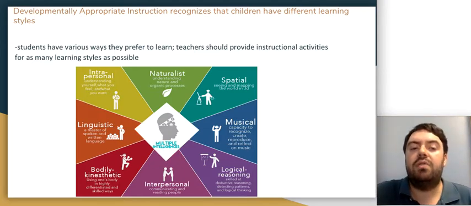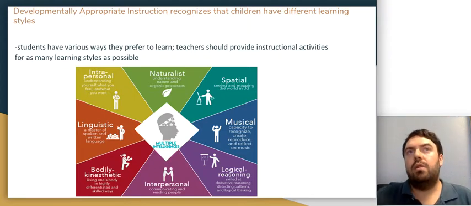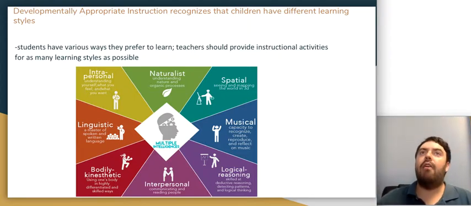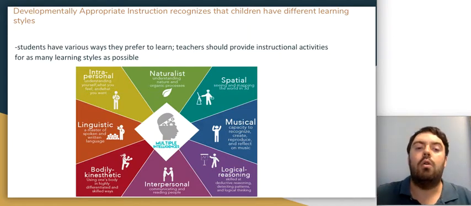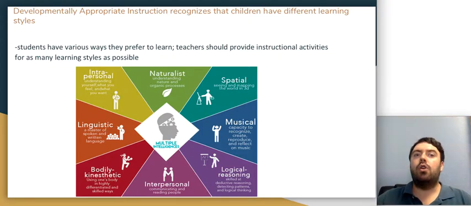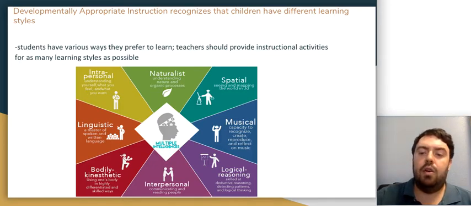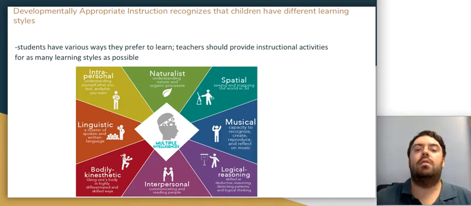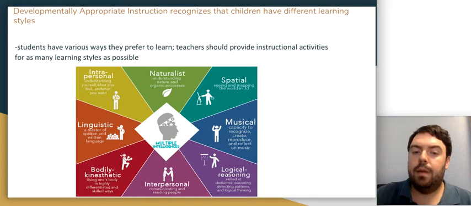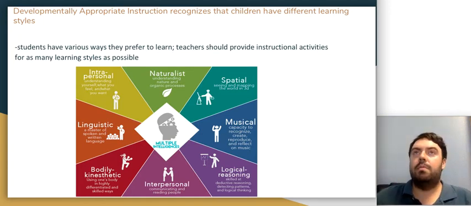Furthermore, you might have students that have intrapersonal learning intelligence, where they know a lot about themselves as people, how they're feeling, what their strengths are, what are their areas they can grow, and what are their goals. You might have students that have a strong musical intelligence, where they're very good with rhythms and sound, and they're able to reproduce music and